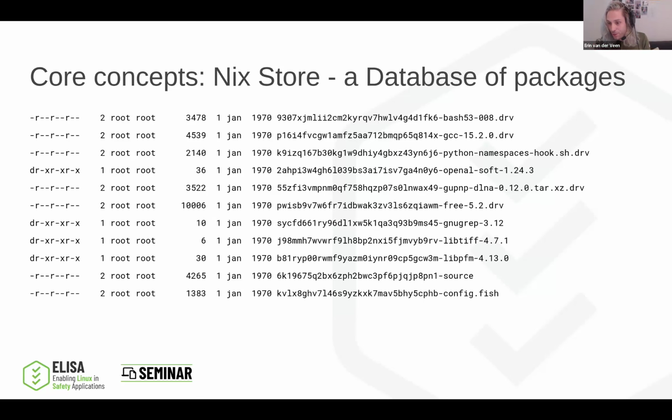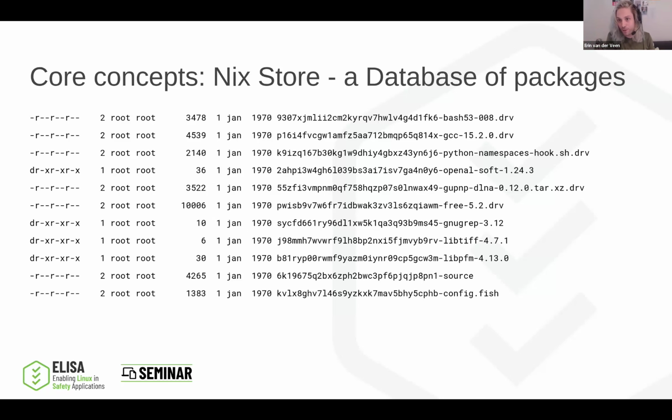We have a question. Does the store always grow over time, or how are versions managed? This is a really cool question. So by default, the store grows and grows and grows. Say I have a version of GNU grep, and I've installed it into my environment, but then later Nix packages gets updated, and there's a new version of GCC that gets put in. Then of course this hash would change because GCC is an input, is part of the build environment of GNU grep. So then if I would update my system, a new directory would get added to the Nix store with this new version of GNU grep.